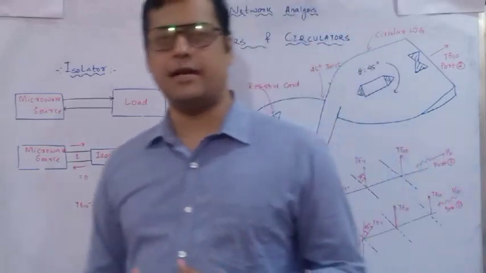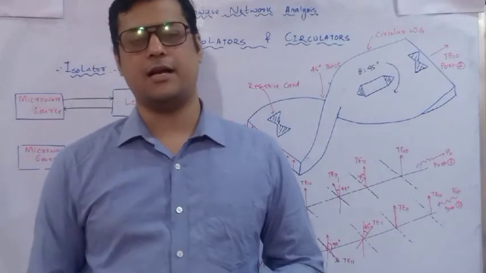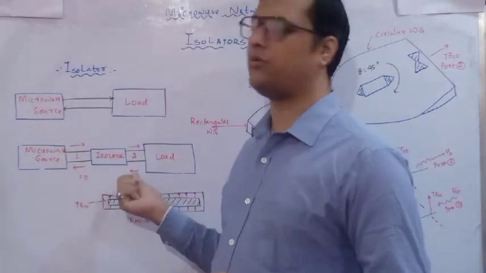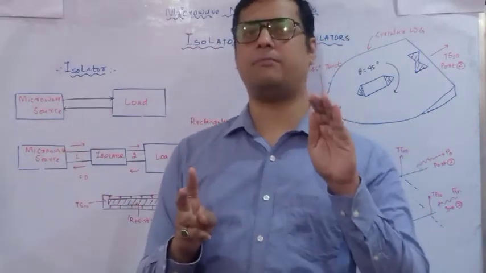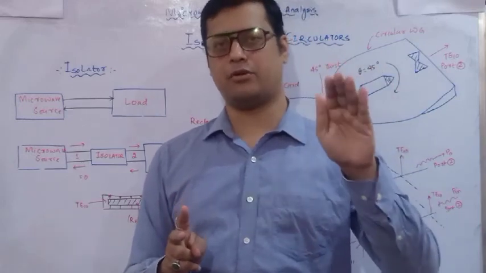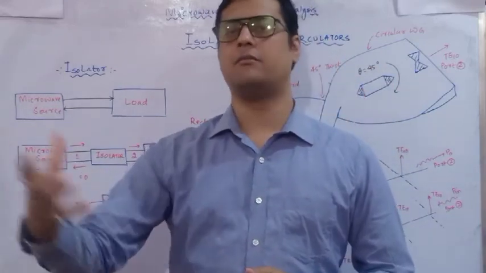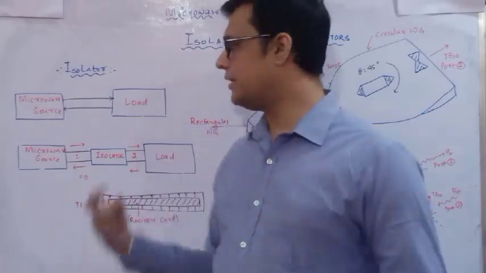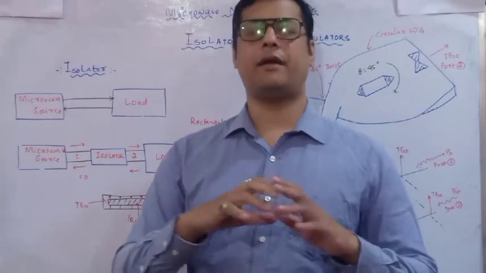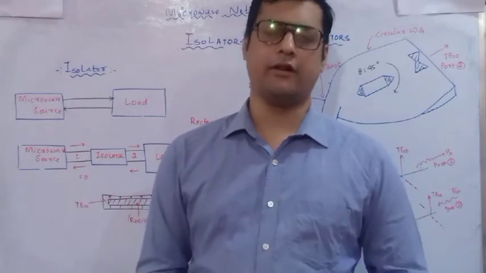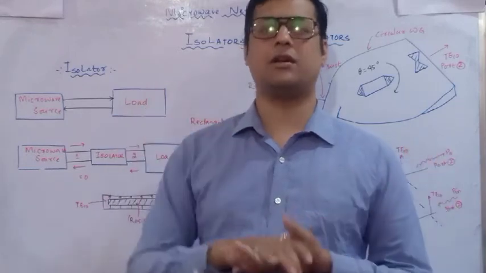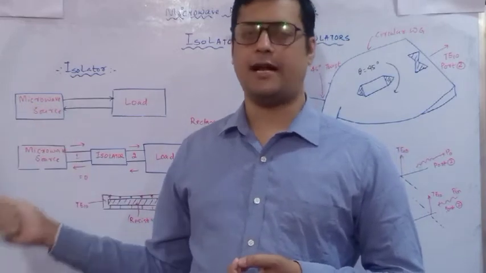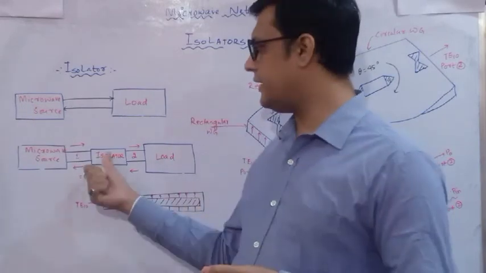Now how we are going to analyze it, let us see. And remember, this isolator is a two-port network. Okay, it is a two-port network, port 1 and port 2. If we provide power at port 1, the output is going to be delivered at port 2 without any changes. That is the first condition. But when the reflected wave is fed to the isolator, the waves and parameters are going to change, and the reflected waves will cancel out with each other, and no reflected wave is identified at the microwave source, and the reflected waves are absorbed in the isolator.